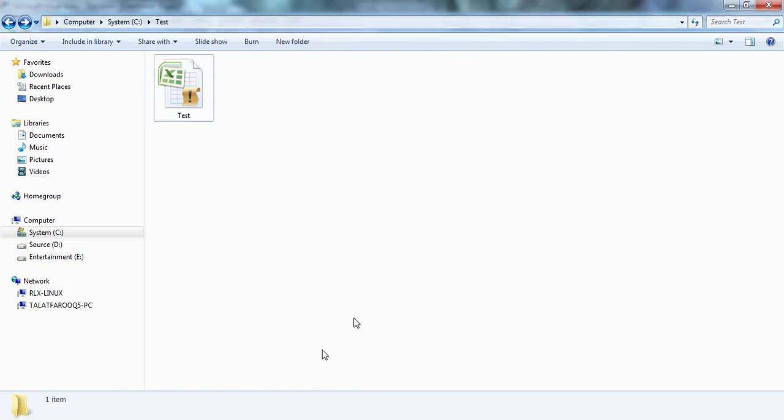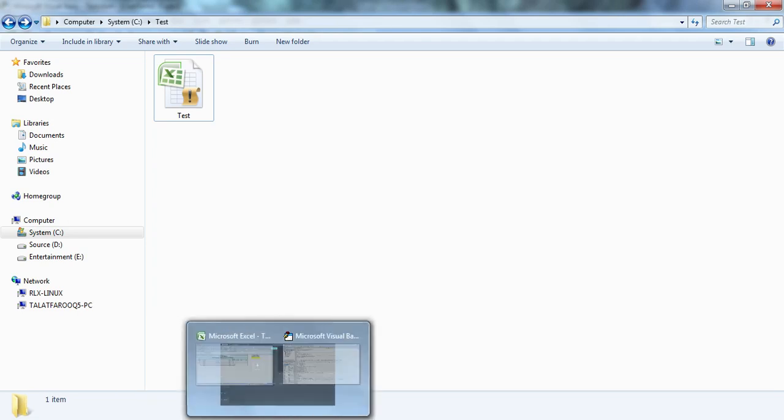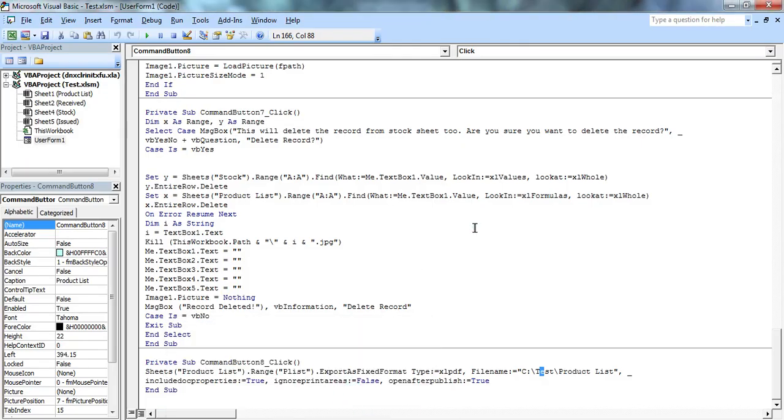Whenever next time we click this button for generating the product list, it will rewrite on the same file. It will not create many product list files. So this is the destination and name of our product list file, and this includes properties like IgnorePrintAreas False, OpenAfterPublish. Once it publishes, it will open.